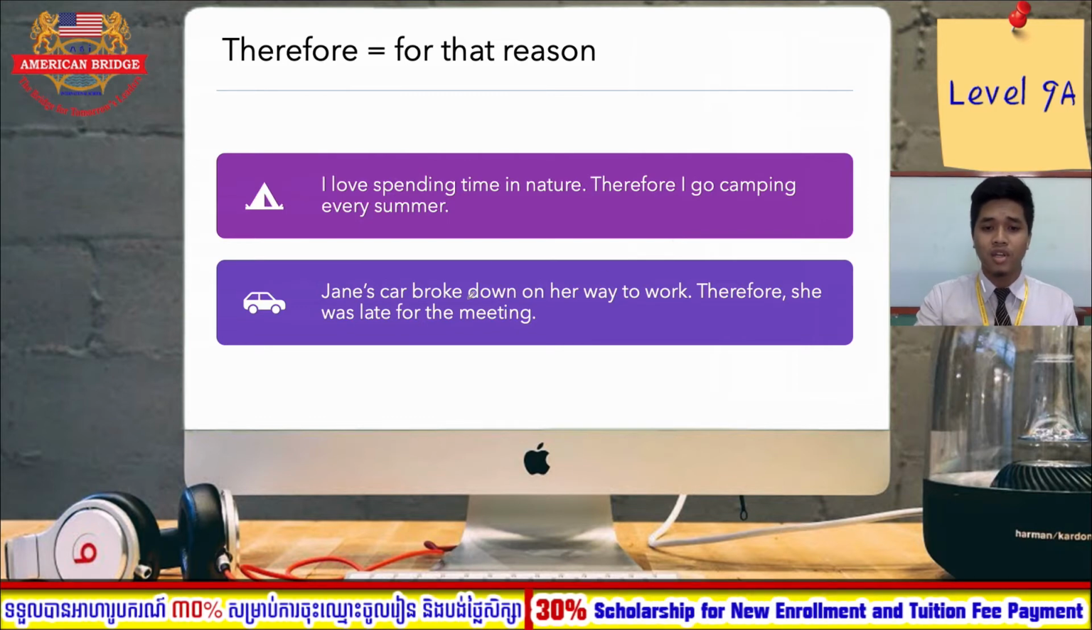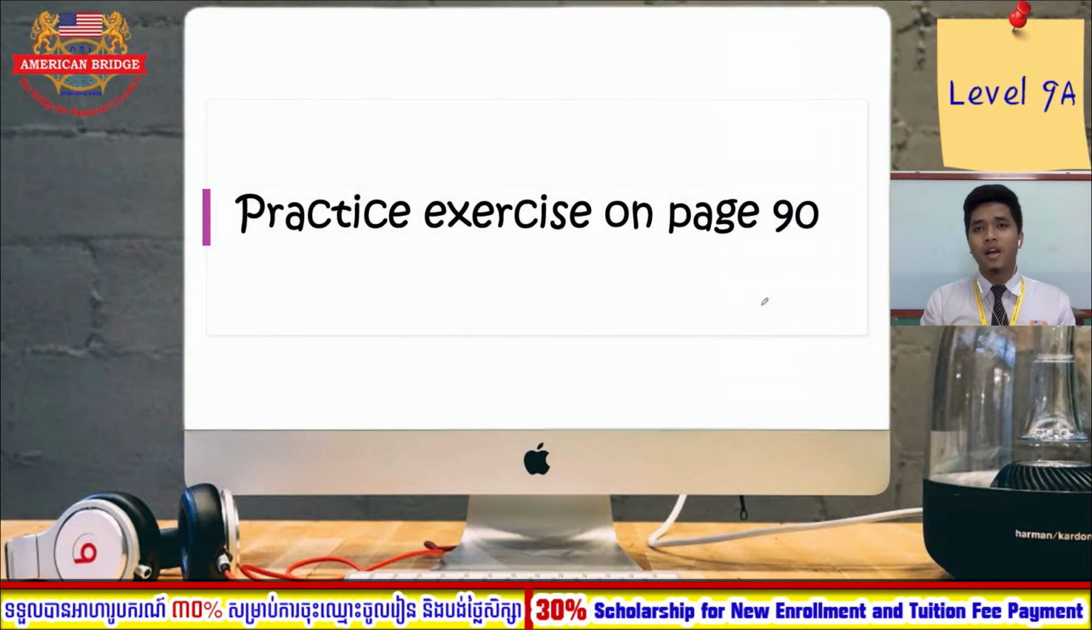Jane's car broke down on her way to work. Therefore, she was late for the meeting. So therefore is the word we use to express the effects of something. So that's it for those vocabularies, the words that you can use to express cause and